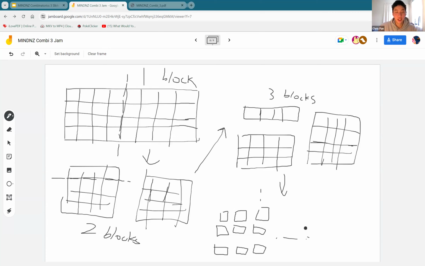So eventually, you'll have 32 blocks of chocolate, in which case you can't make any more moves, right? So, player one,